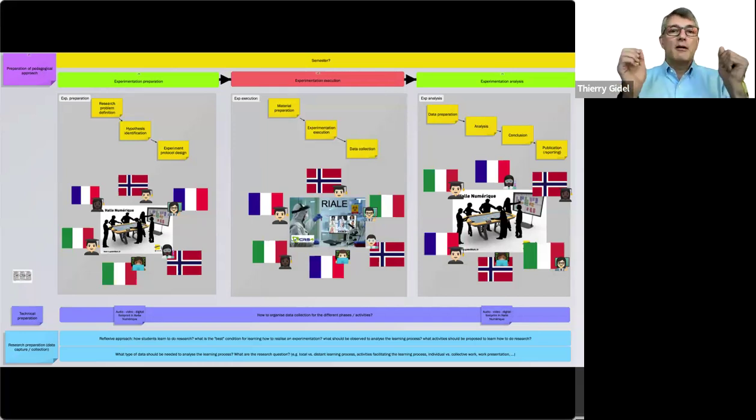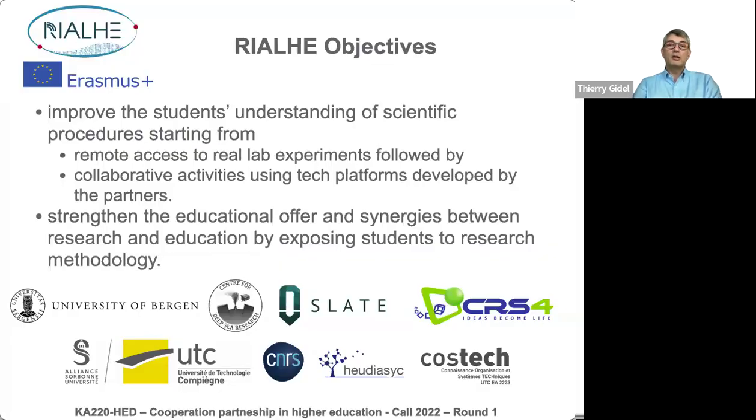Then, in a second step, they will realize the research experiment itself, and this could be done directly on site, or they can assist at the experiment remotely and interact with the people who are doing the experiment. And then in the third and last step, they will analyze the results of the experiment, starting with the data preparation, challenging the research hypothesis, and drawing the conclusion and presentation of the results. So our objectives are to help the students to learn how to do research and to better understand the research process. I hope